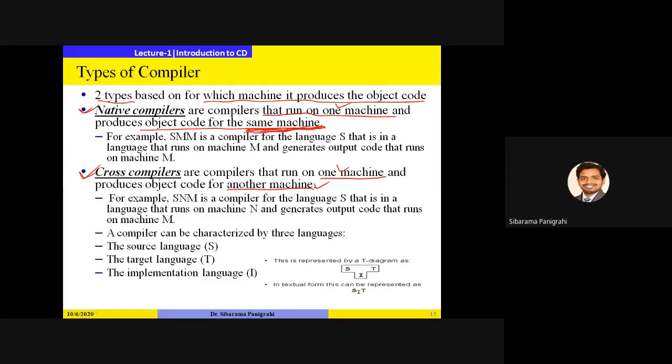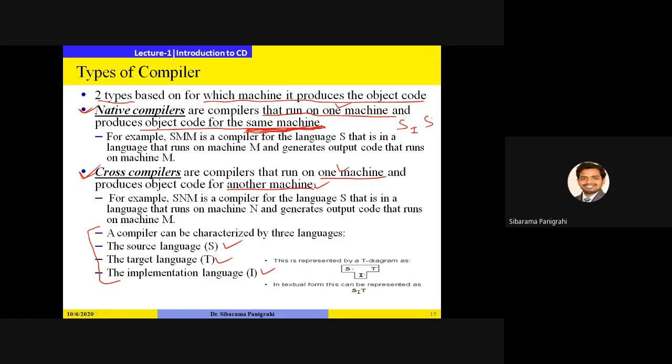So a simple notation is there. Here you see SIT. S is the source language, T is the target language, and I is the implementation language. This is represented in the T diagram, SIT. In the case of a native compiler, it should be SIS.